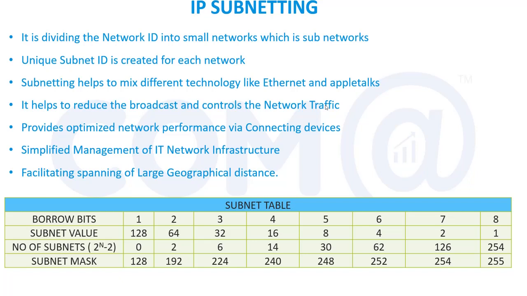So if I wanted to use it for a larger network, I can use it. But if I have a small network, I have only 50 systems. So if I dedicate these 255 IP addresses to a 50-system network, all 200 IPs will be wasted. I cannot use it for any other purpose because it is a restricted network. I cannot share the IP addresses with other people.